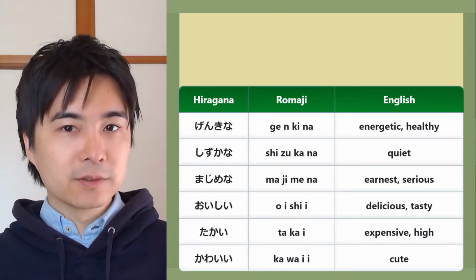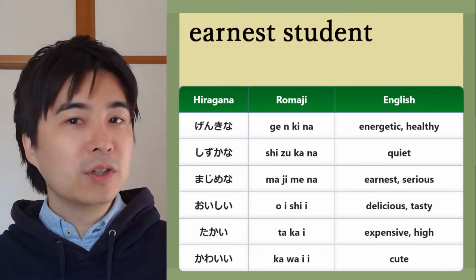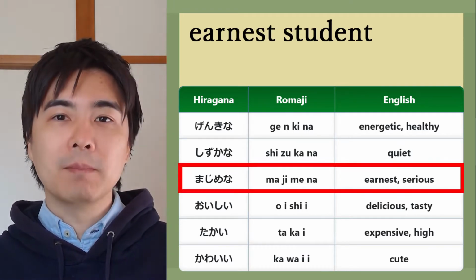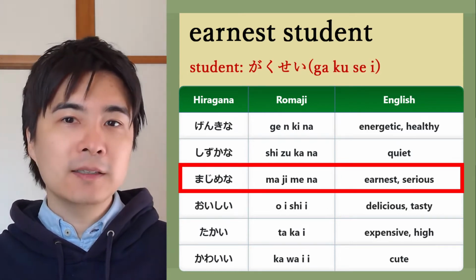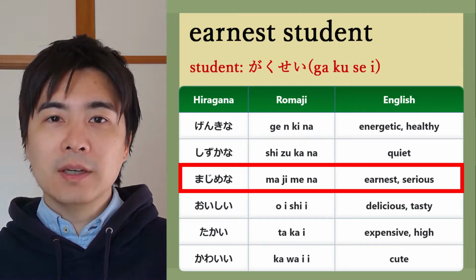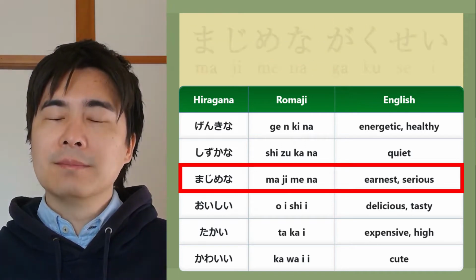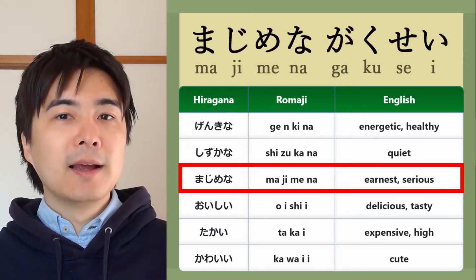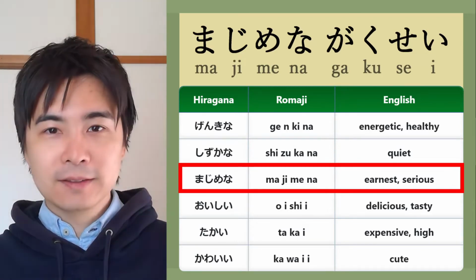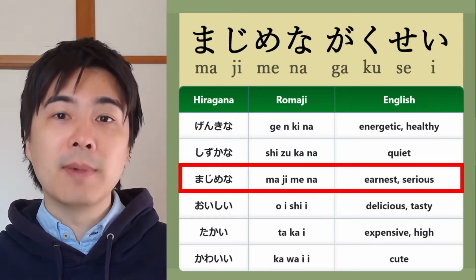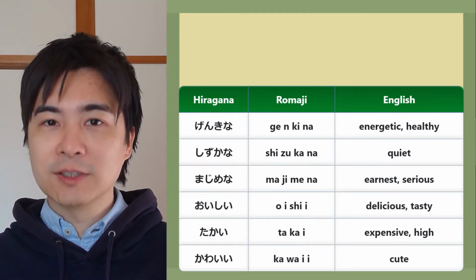So let me ask some questions. How do you say earnest student? To give you hints, earnest is 真面目な and student is 学生. So how do you say earnest student? If you want to think for a while, please stop this video. So the answer is 真面目な学生。It was not that difficult, right? We just need to put the na adjective 真面目な right before the noun 学生。